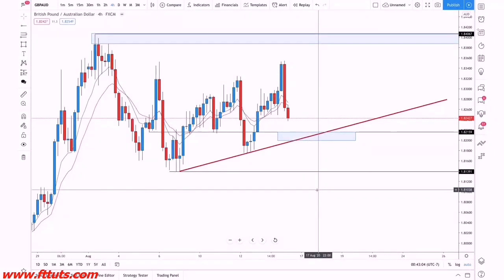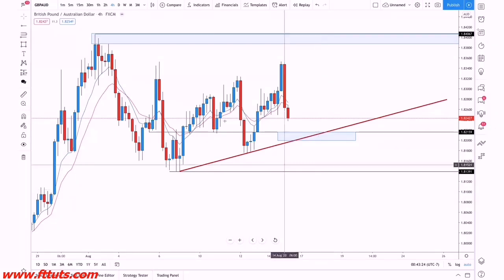So let's talk about Fibonacci. A key thing about Fibonacci in general is to understand what it really is and how it can help you technically. Basically, after price makes a major move in a certain direction, like a trend going up,